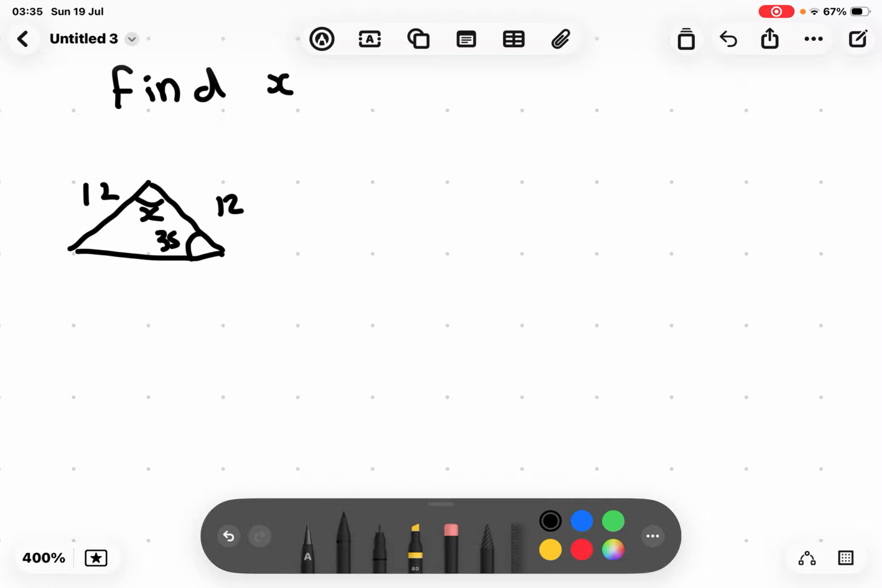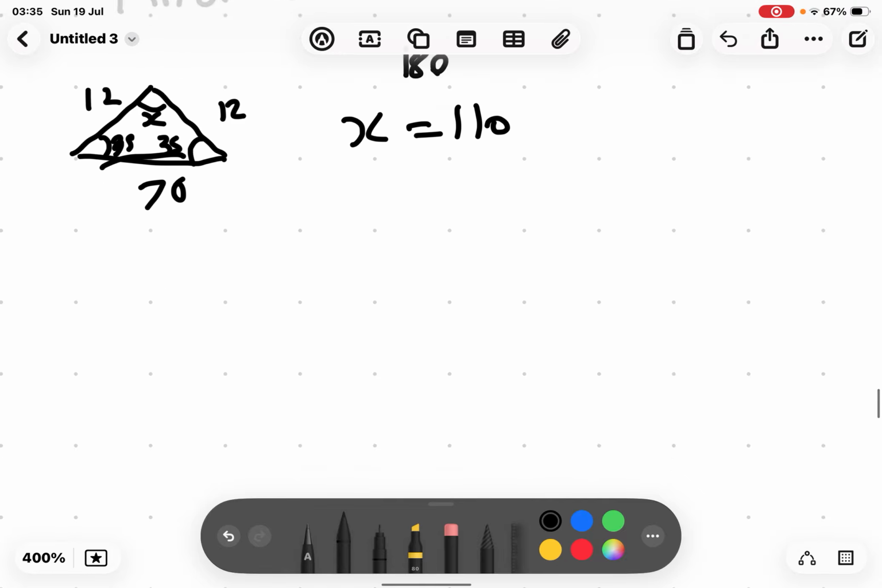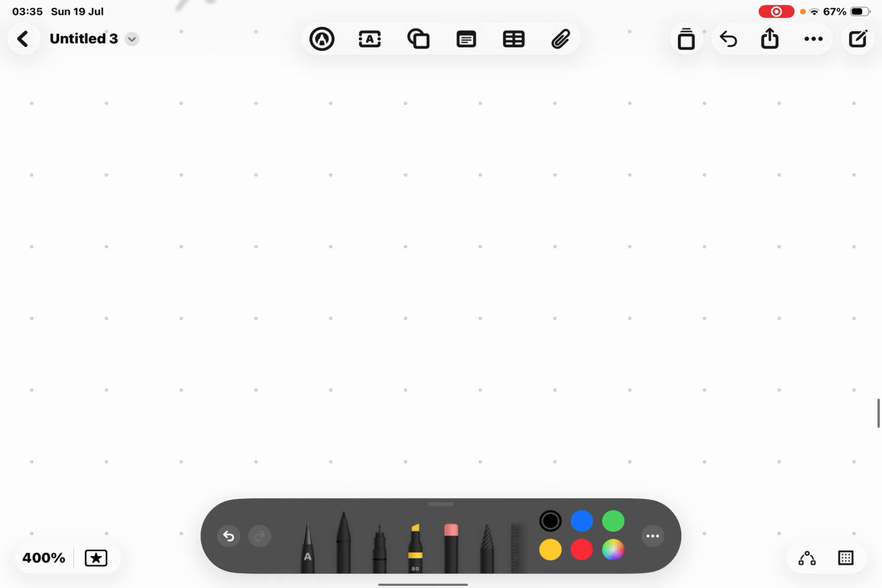So we see they are the same numbers. So we know this is also 35. And we know that triangles add up to 180. These two add up to 70, so X is 110. So, after that we have,